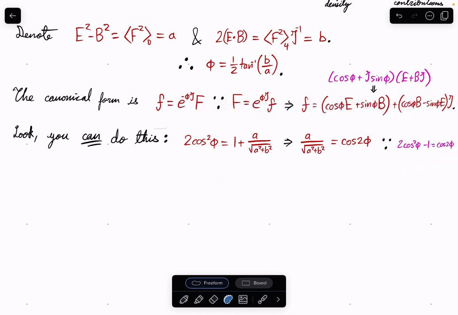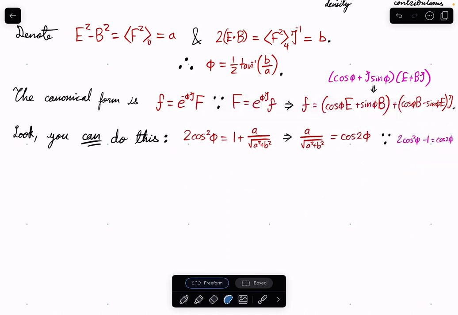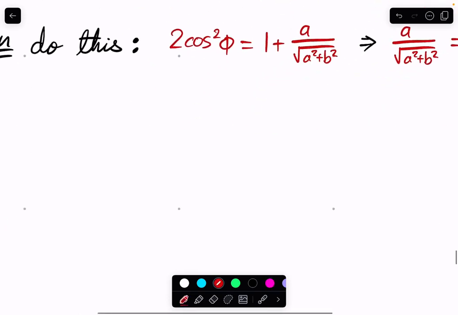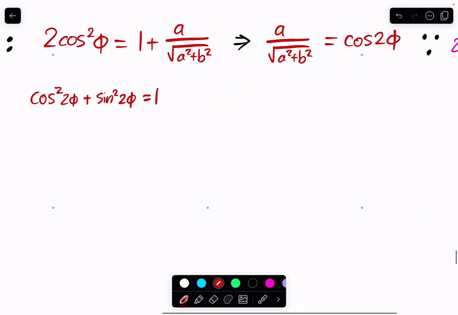So you have that. I don't like how I'm not writing, kind of going down and up. So you can do that, and also you can see that this would imply, if you have cosine squared of 2 phi plus sine squared of 2 phi, that's always equal to 1. But we know what this value is, so we can say